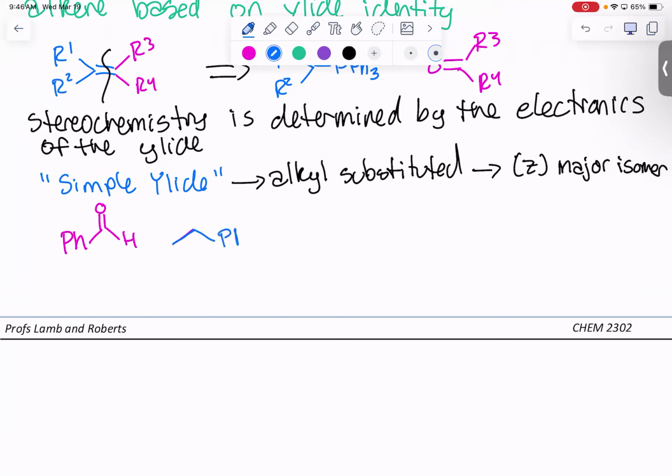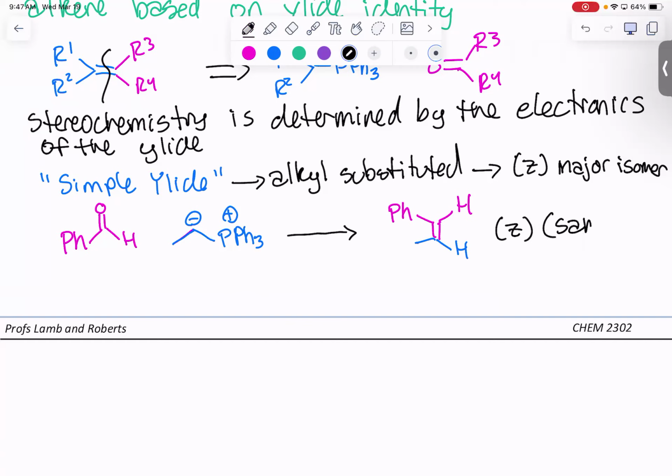All right. So you can have triphenyl phosphonium and then a negative charge there. This is our simple ylide because it is the alkyl substituted one. And so we are going to get the Z isomer, which means that phenyl, which is the highest priority, and ethyl are going to be on the same side, right? Because the other things on the other side are hydrogens, all right? This is the Z isomer,